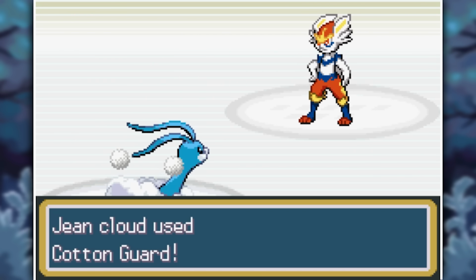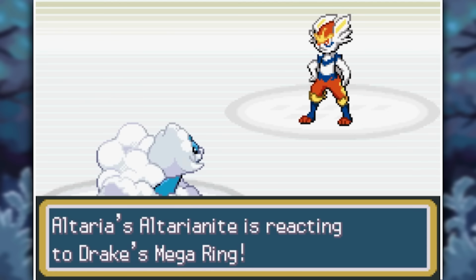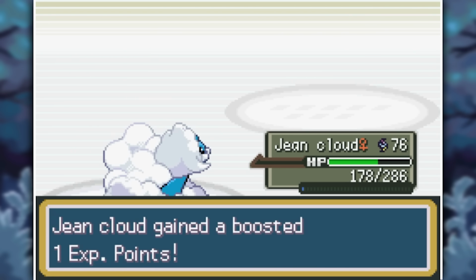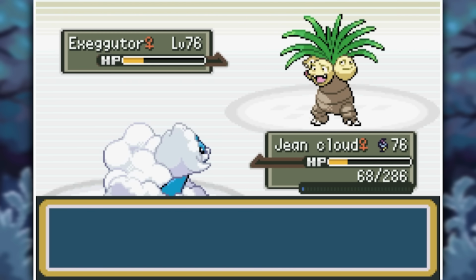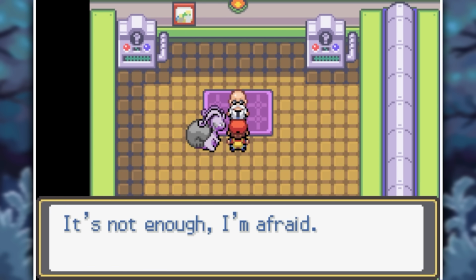Cinderace is a physical attacker, I just set up my Cotton Guards and Mega Evolve, proceed to Dragon Dance up again, and then we take out Cinderace, Typhlosion, Mega Charizard Y, and finally Exeggutor with a couple of Dual Wingbeats, giving me my 7th gym badge, as well as the Choice Specs, a very important item later on